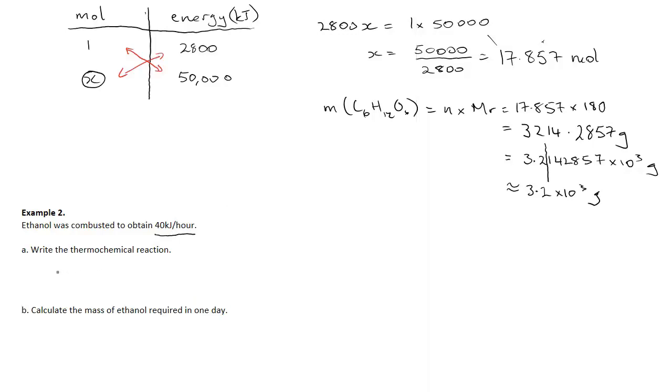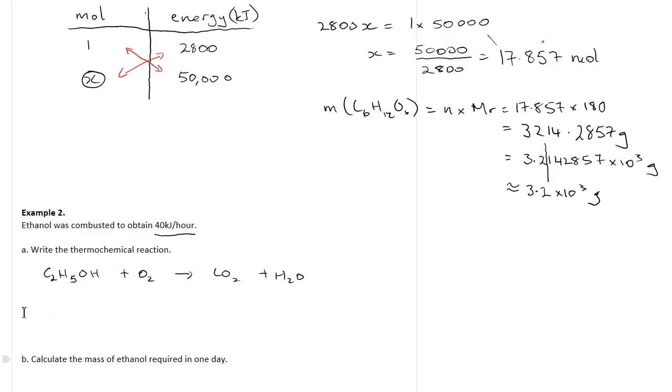In this question, we write ethanol, which is this, plus oxygen gives us carbon dioxide and water. Now, balancing this chemical reaction might be a bit tricky, so I'm just going to get more space. We'll start off, I suppose, with